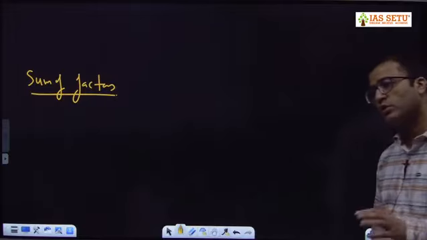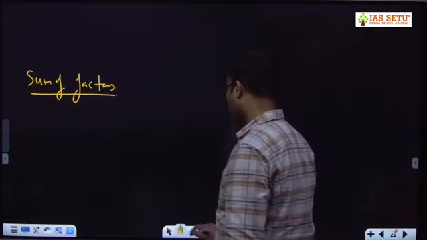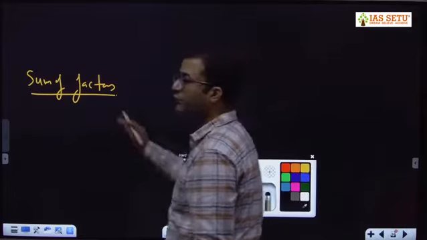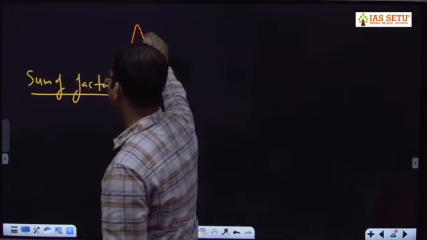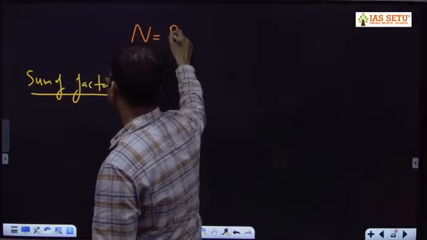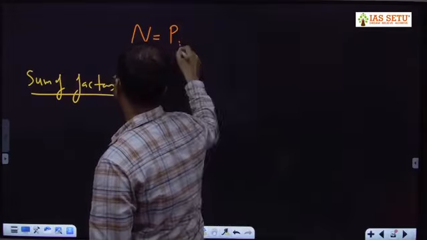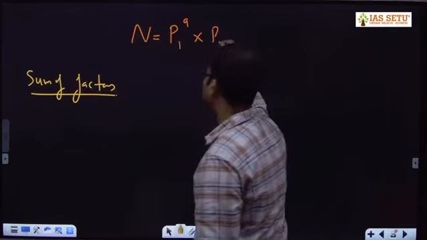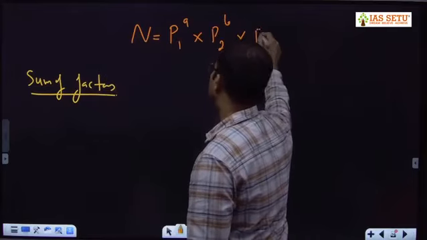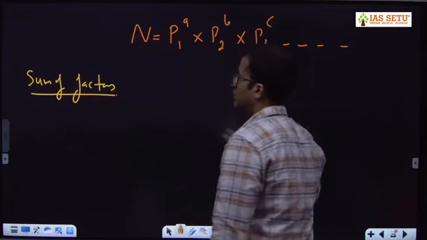Out of short trick also, I will tell you the best method for sum of factors. Here also we have to express number in the prime form. हमें number को prime form में convert करना ही पड़ेगा. n is equal to p1 is to power a into p2 is to power b into p3 is to power c and